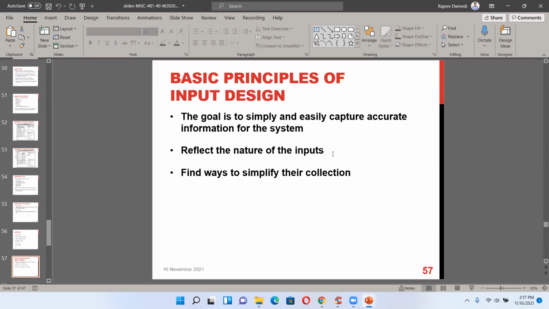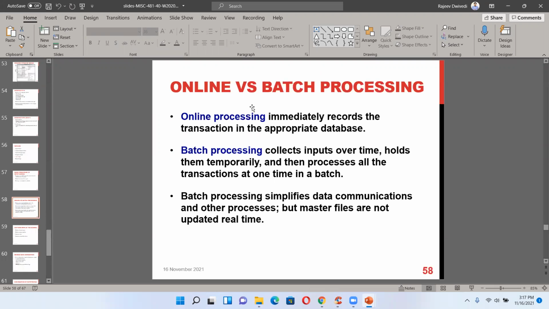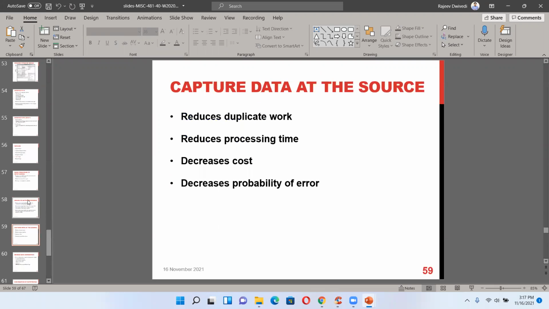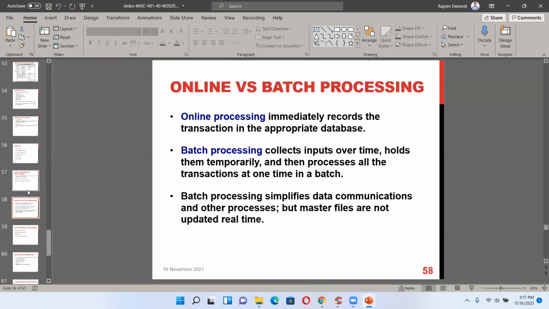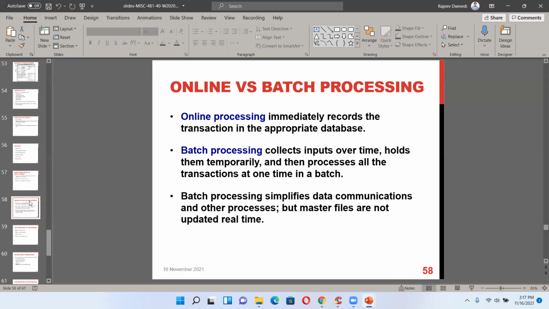Reflect the nature of the inputs and find ways to simplify their collection. Online versus batch processing. This is another thing.